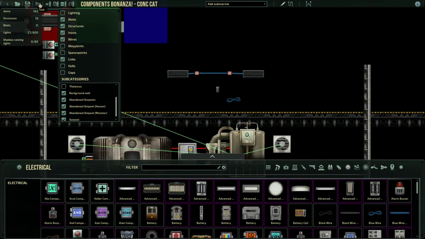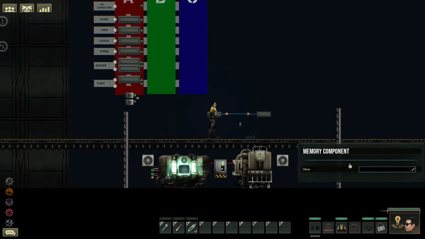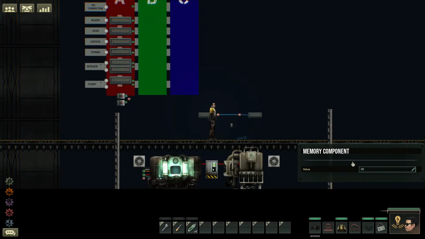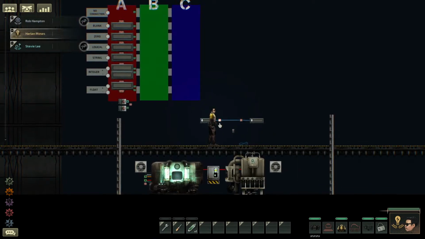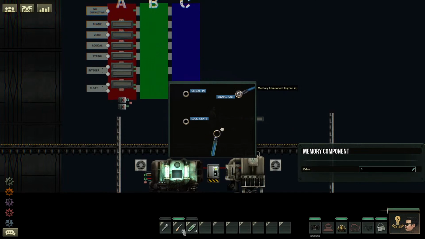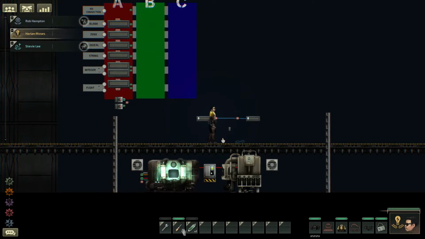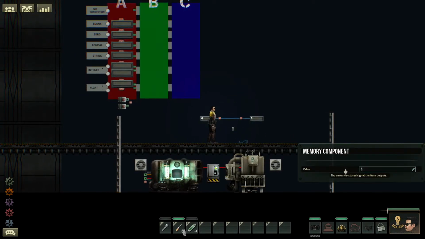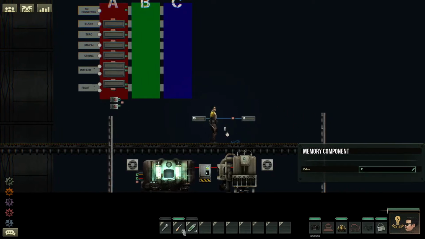Okay, this is another very important block, the memory block, and it has some features that aren't fully understood. So we're going to put this one to 0. And you will see that the signal from this signal out port, where's my screwdriver? Right, this goes to the signal in over here and changes that value, right? And as long as that remains locked or unlocked, they will update at the same time. However,